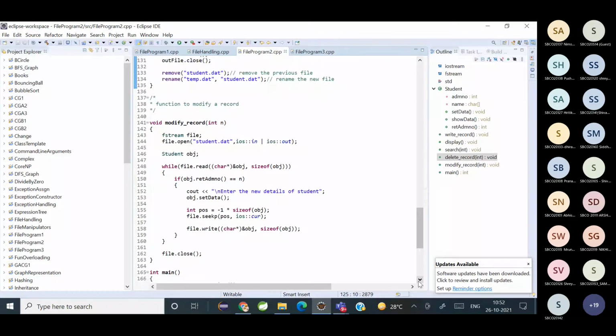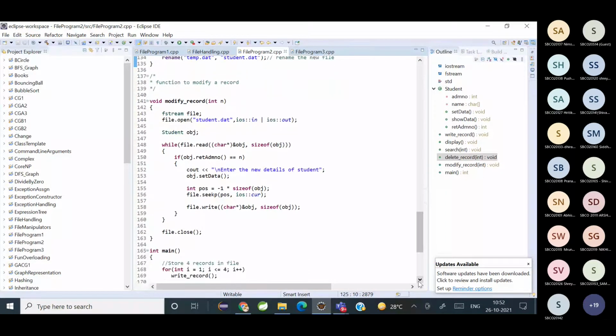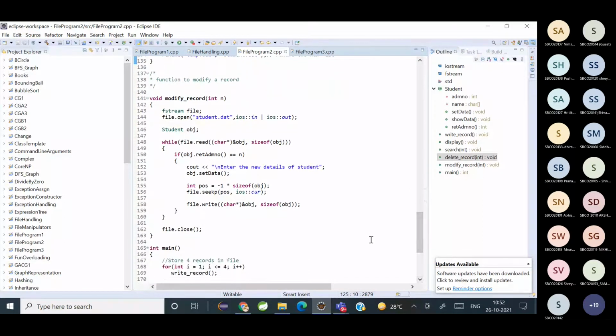Modify record. Now see how modify record works. What is happening in modify record? You're modifying the existing record. So you are using the fstream file class for both input and output.